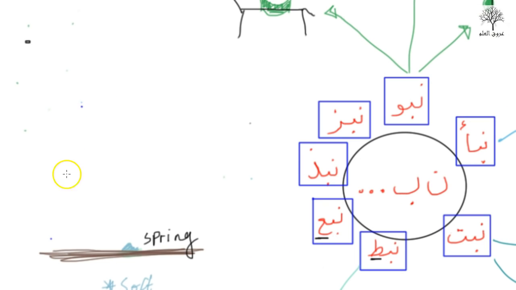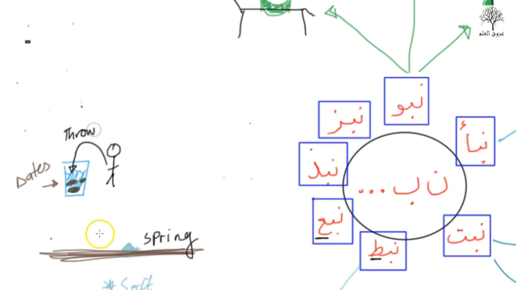Next word, nabadha. So the word nabadha is, let's say you have a cup of water and you have some dates. So you put some dates inside some water and you leave the dates there. This becomes what we know as nabidh. Nabidh, it's a very famous Arabic kind of beverage that was drunk. So a person who puts these in actually throws them in. Naba means to throw in, nabadha. So again, throwing them in is found in this word, nabadha.